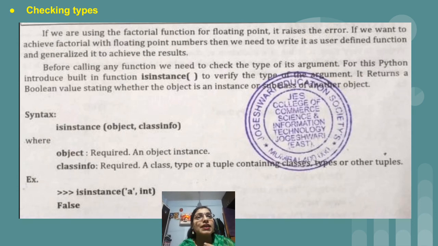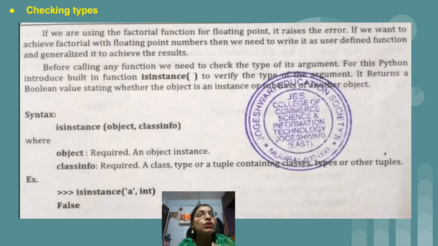So just see the example. In this example, in the isinstance function, we have passed two parameters. The first parameter, within single quotes, is a. So the first parameter is the object, and if we pass the object in single quotes, that is nothing but a string type. And comma class info means, while providing the information about a, we have passed the data type as int.